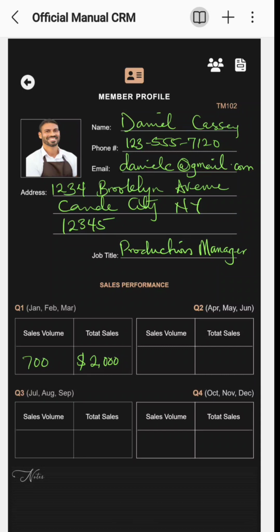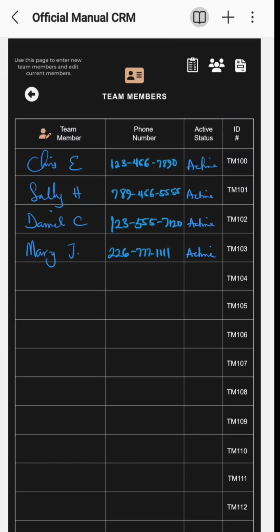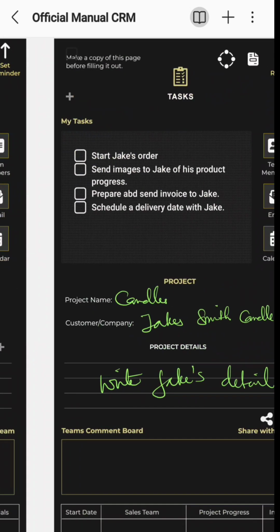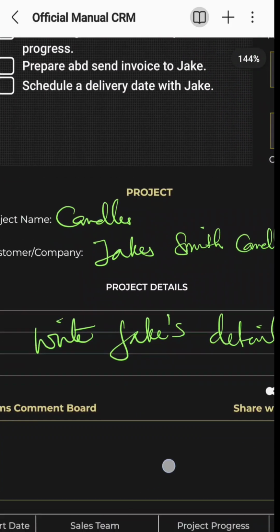Okay, so let's say, for example, we want to give this to Daniel, okay, to help. So we want to ask him some questions as the production manager. Like, Dan, are you able to do this product on time so I can send this to Jake so he can see the pictures? And would this be available before his high season of selling candles? And I want to do this with Dan and see what we can collaborate about and help with this Jake's order. So I can go back, all right, and I can just come here and say,